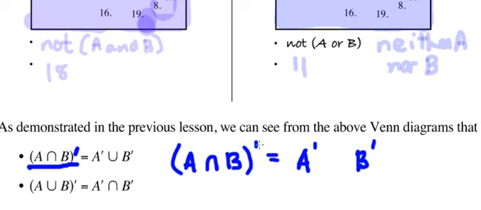And here's the thing that doesn't happen in math, but it does happen in logic. The prime hits the and flips it into an or. So when you negate a logical expression, your A's turn into not A's, your B's turn into not B's, that's obvious, but ands turn into ors, and ors turn back into ands. So this says not anything that's in set A and B. This one says things that aren't in A or things that aren't in B. And you can see from the diagrams up there, I'm not going to scroll it around again, but you can see that